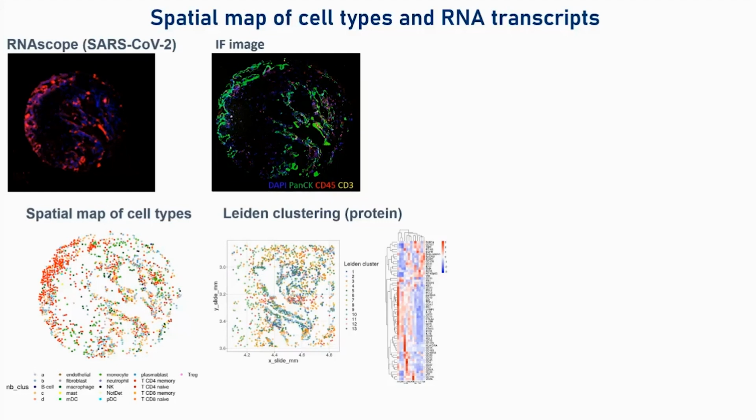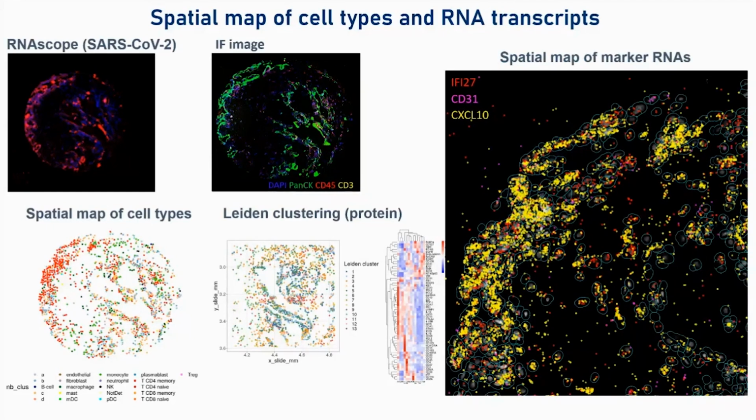You are using a 1,000 transcript readout. So when we have consensus across the cell annotation algorithms, that's when we call these cell types. But what was really interesting is we can now look at individual transcripts within individual cells. And this is looking at 3 transcripts out of 1,000 within those tissues. This is taking that border and just looking at it under the microscope using the SMI technology, and we can start to map the transcripts in space. And so what you can see in yellow is CXCL10, IFI27 in red, and CD31 in the purple. And this is that border that you can see at the top left of each of these whole cores.